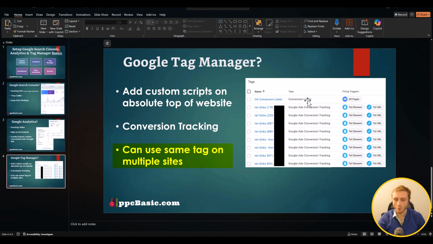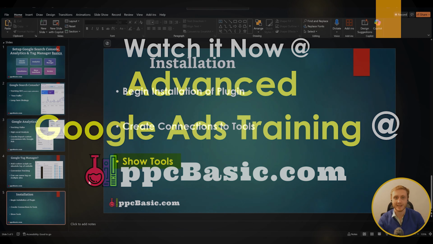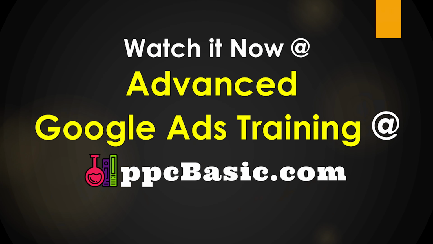In this case, you can see within my one Google Tag Manager account, I'm able to track different telephone clicks for different phone numbers or different Google accounts. So in this case, I'm tracking it across different Google accounts within one Google Tag Manager. So this basically makes it simpler for tracking purposes. So once again, this is a much higher level thing. Nonetheless, now we're going to go ahead and install the plugin. We're going to quickly create the connections to all of these tools, and then ultimately we're going to log into them just so we have a basic understanding of the interfaces. So once again, we're going to go into our website. So if you already